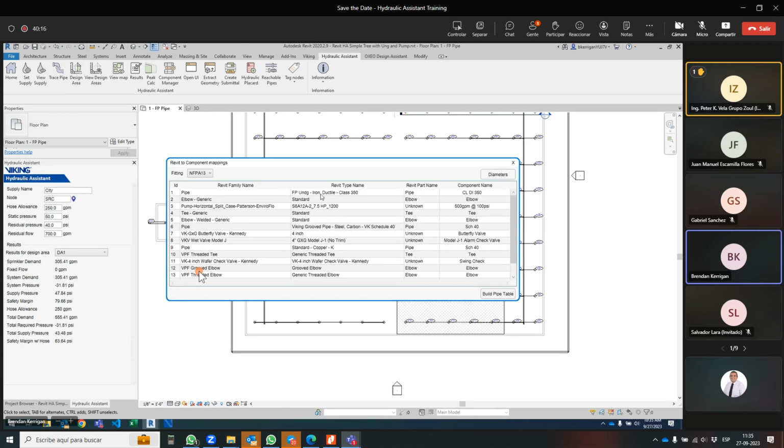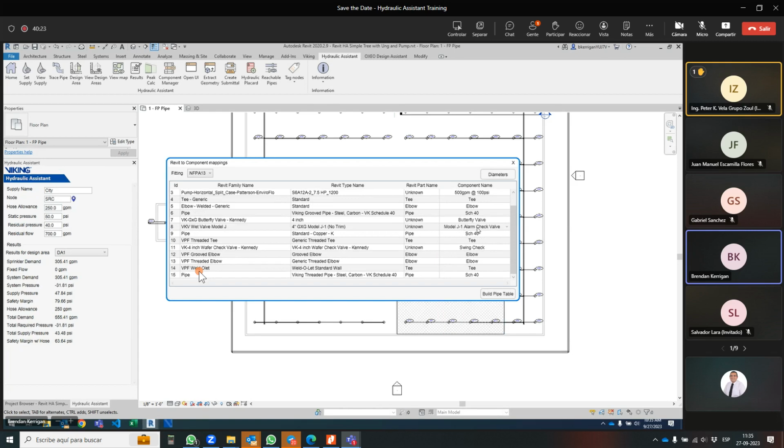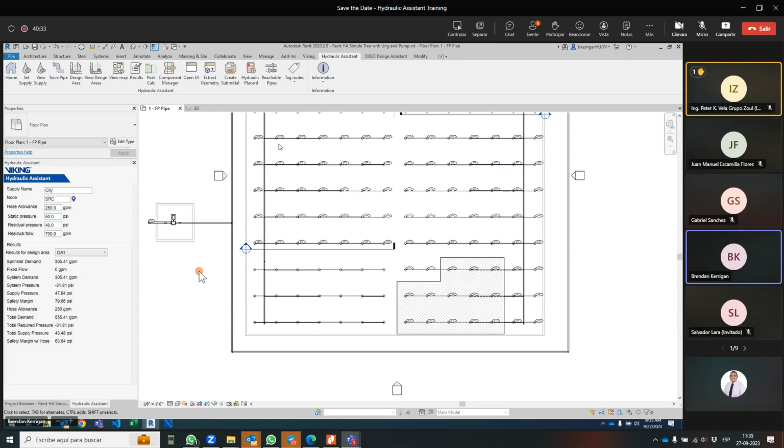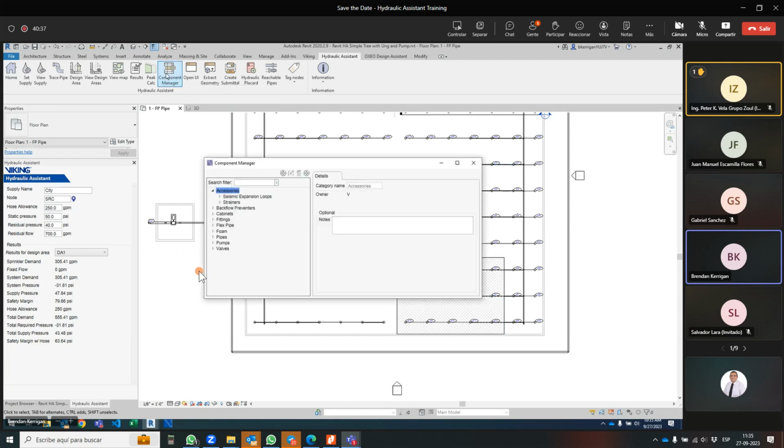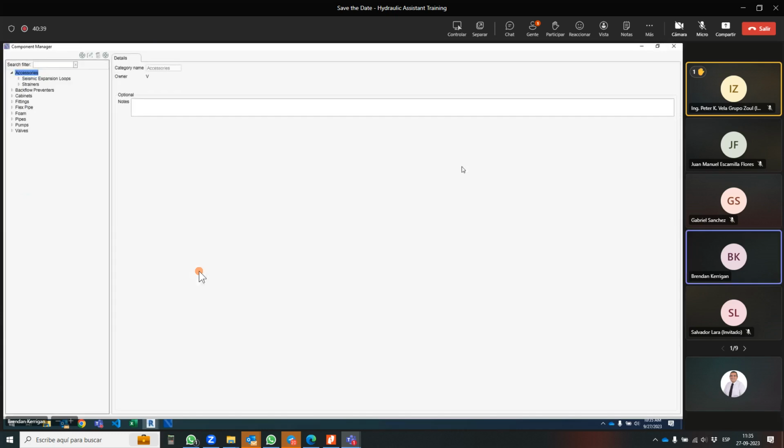So this is where we're saying, hey, treat this pipe as cement line ductile iron. You could say treat it as blue grout. Here's a model J1 alarm check valve from Viking. This is where you can map that to, maybe it's a DXR valve, maybe it's our DXD valve or something like that. This is all driven by what we call our component database, and you can access this through the component manager button. So if I maximize this and walk you through it a little bit,